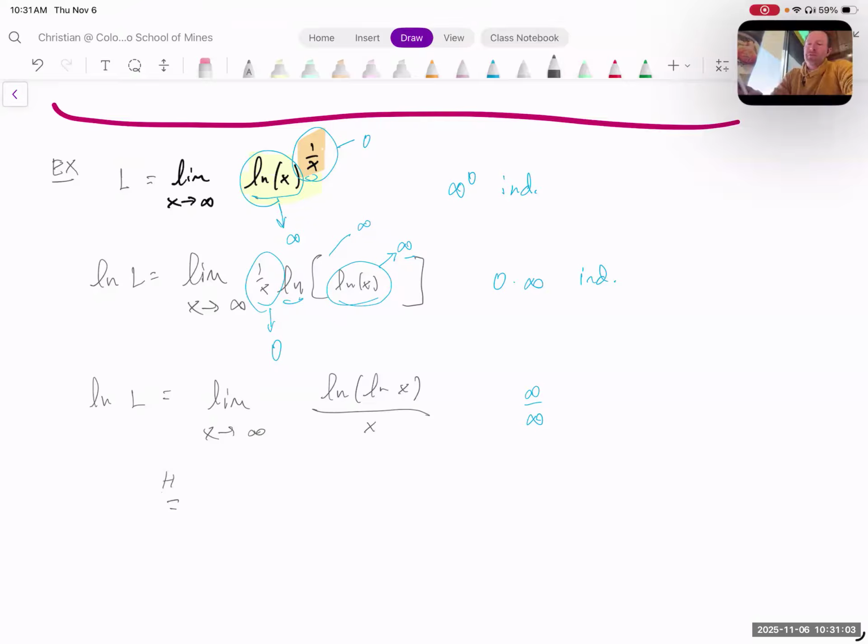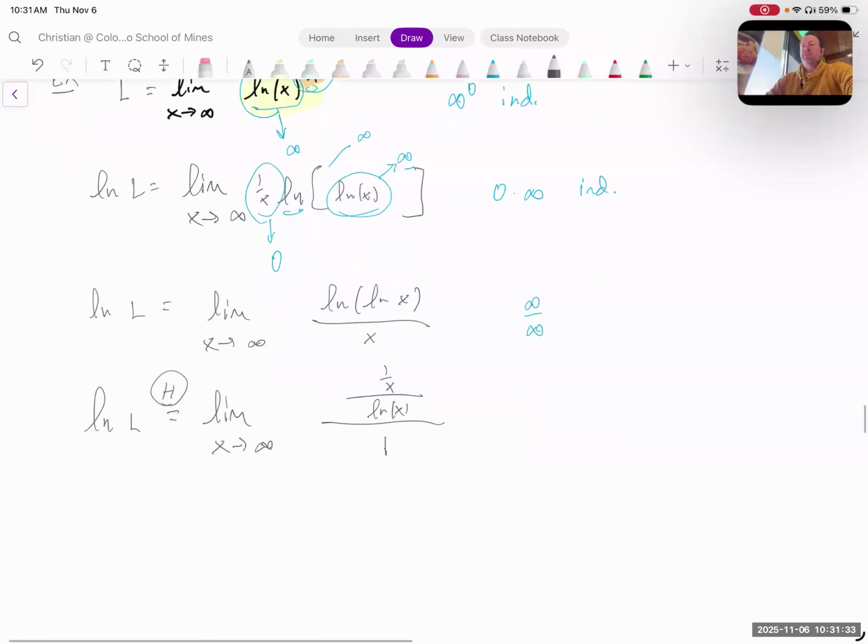So natural log of L on the left equals, by L'Hopital's, we're only applying L'Hopital's rule to this fraction on the right. All right, derivative of the denominator is 1. Derivative of natural log of x: that's a composite function. The outer function is natural log, and this is the inner function. So 1 over the inner function, natural log of x, times the derivative of the inner, which is 1 over x. If we simplify this,